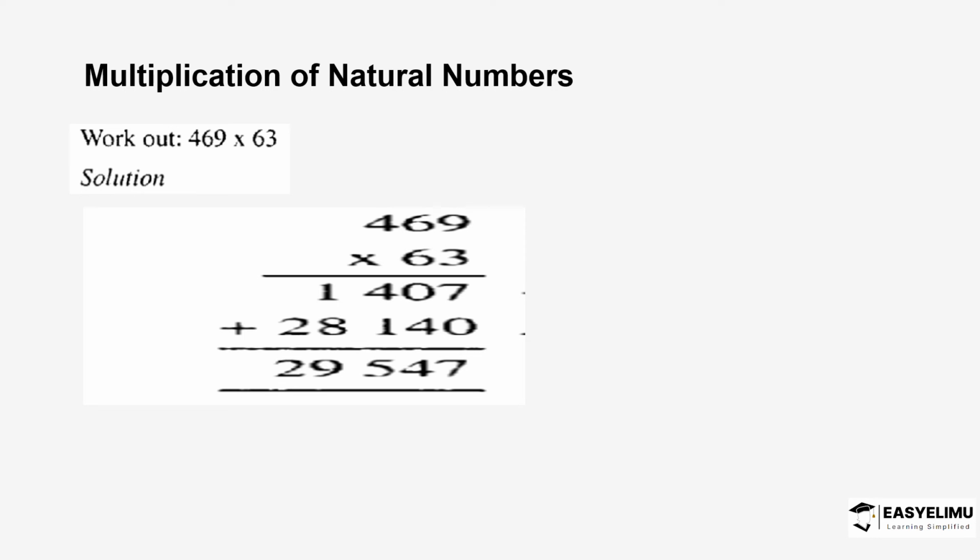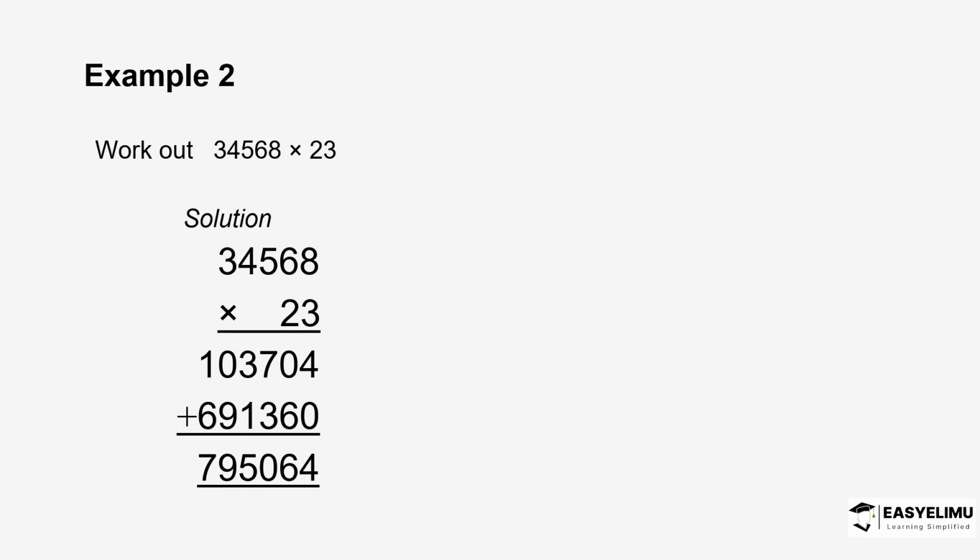Ideally, we're supposed to arrange just like we did in addition of numbers. We're supposed to arrange them vertically, even if they're given horizontally, like in this case. So you start by arranging them vertically. And then you take this number here, you multiply by each of the digits down here,